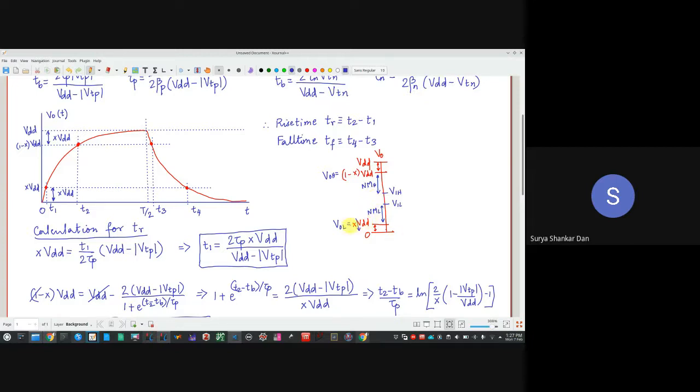So if you are reducing this XVDD, you are essentially referring to that VOL, you are trying to move more and more towards 0. Remember when we were discussing the noise margin classes, I said that ideally VOH should come to VDD and VOL should be ideally 0. Yes or no? That is the easiest way of putting the noise margin as high as possible.